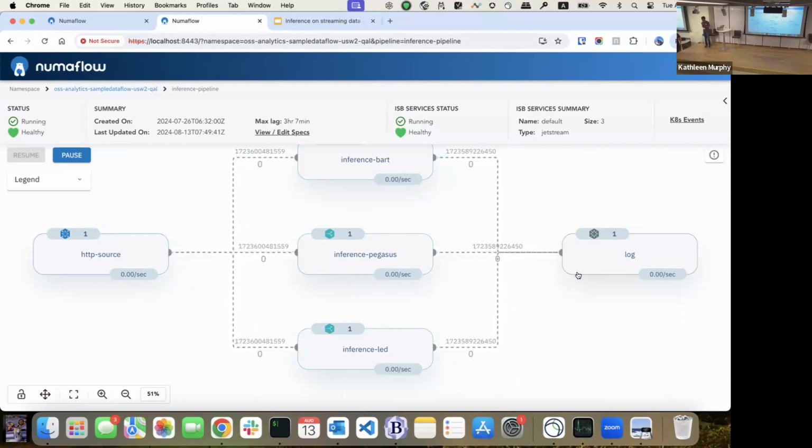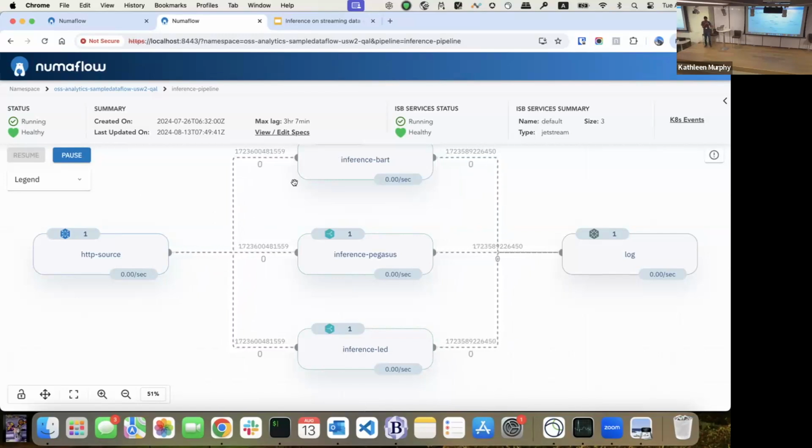Just something to add, Sri mentioned there's a dead letter queue for a sink, right? That's what we call a fallback sink. If it's not a sink, let's say for a regular user function, where you want to apply different processing logic for the data in different downstreams, there's a very interesting feature called conditional forwarding in NumaFlow, where you can give each message you process a tag, and then based on the tag, forward the message to different downstreams.